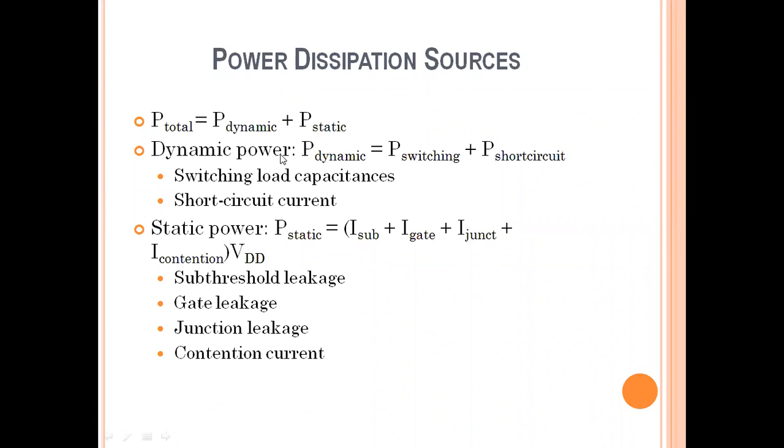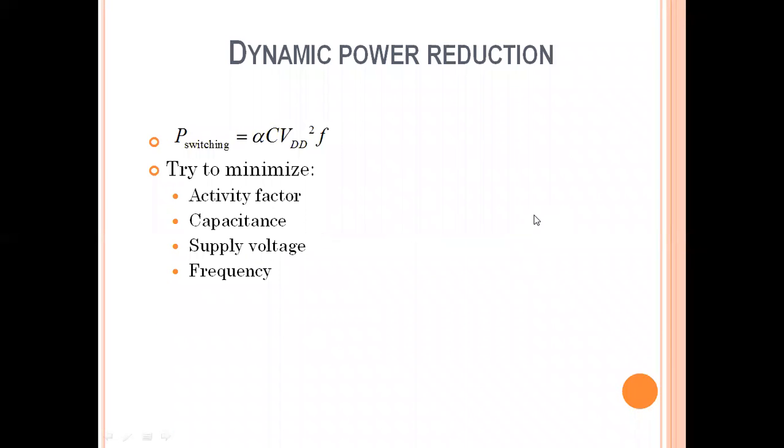Now the next is the dynamic power. In dynamic power dissipation, we can calculate the switching power as well as the short circuit power, also called the internal power. Switching power occurs when switching occurs. It means that the voltage level shifts from 0 to 1 or 1 to 0, also called the switching characteristic, right? When this switching occurs, this consumption or dissipation is called the switching power dissipation.